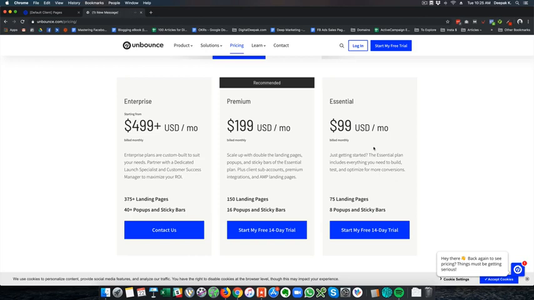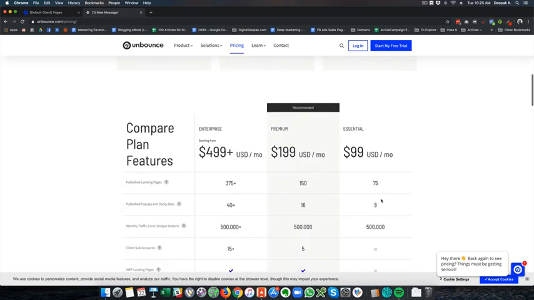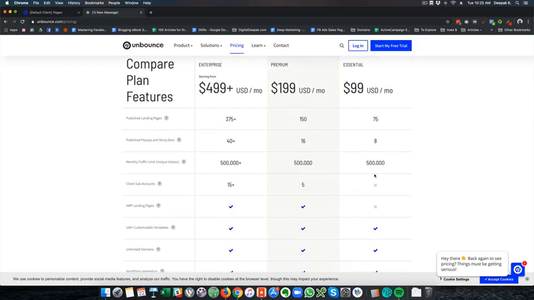enterprise. So with $99 a month, you can create 75 different landing pages, and there is no restriction on the visits. So they have 500,000 visits, which is included in the $99 a month plan. So this is much higher compared to Instapage. So Instapage has just 30,000 visitors, and it costs $199 a month to start with.